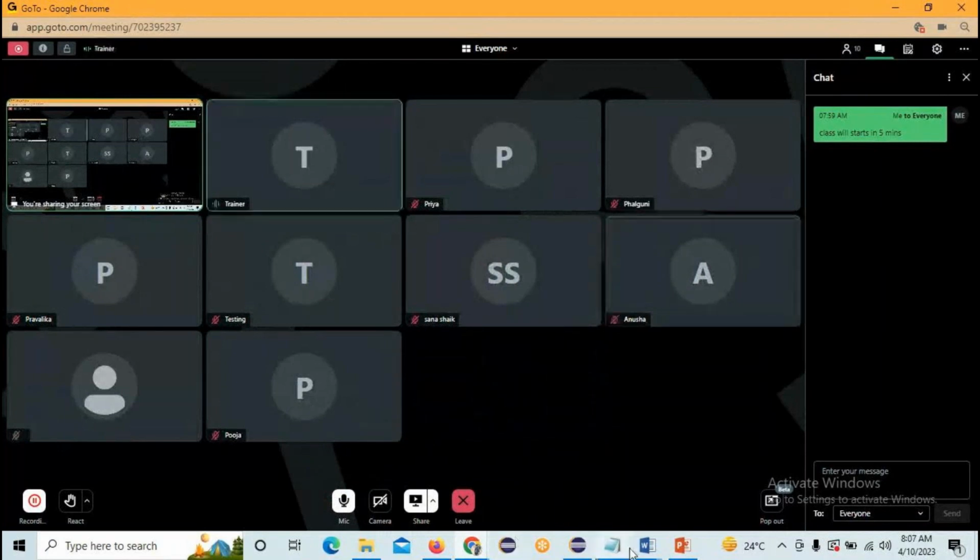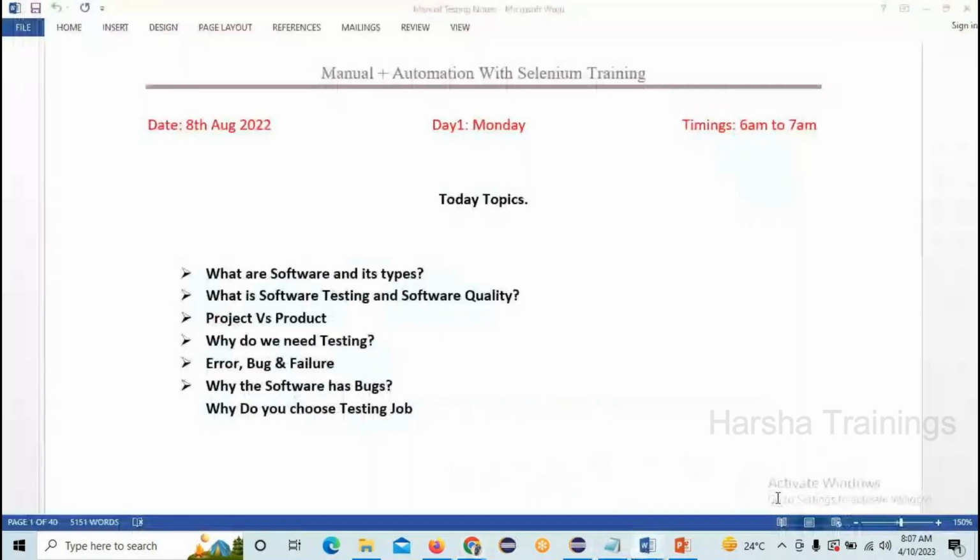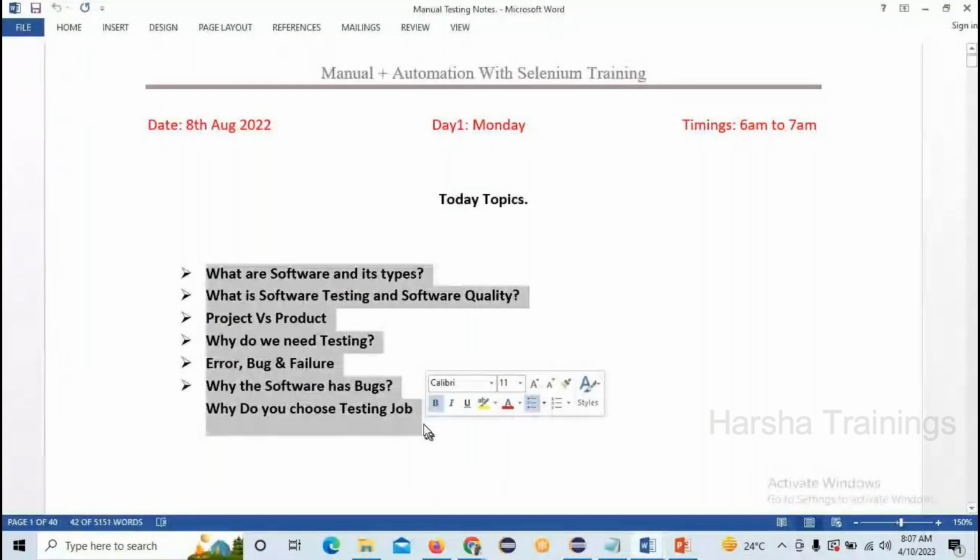So today we are going to see a few topics. The actual classes start from today itself. The first class is about these topics. I already told you, the first 10 classes are manual and the later 35 classes are automation. I already told you what topics I am going to cover, what interview materials, resume example documents, and Selenium documents we are getting. I have shown all those things. If you missed the demo session, ask your institute people to listen to it again, and you can listen to the demo as well.